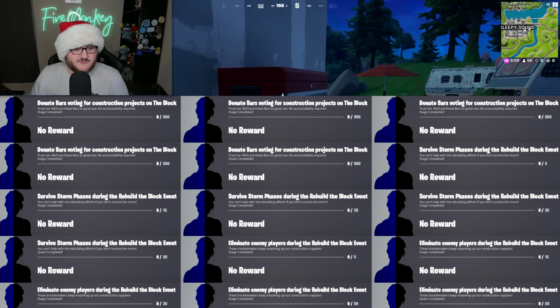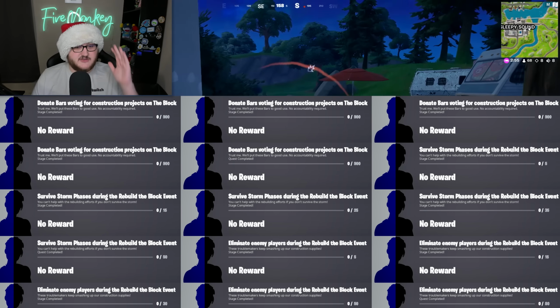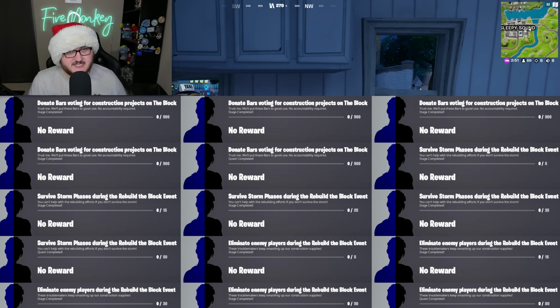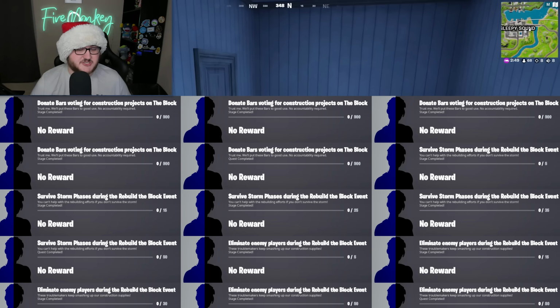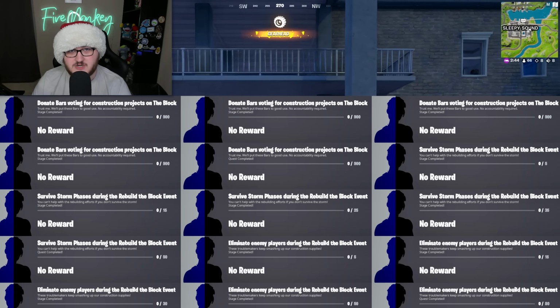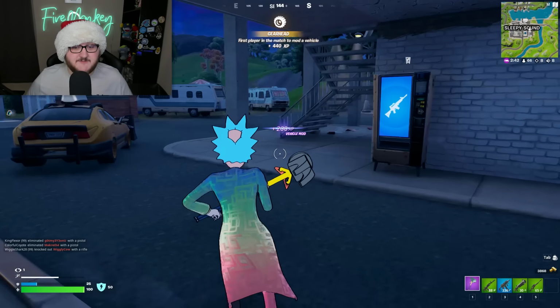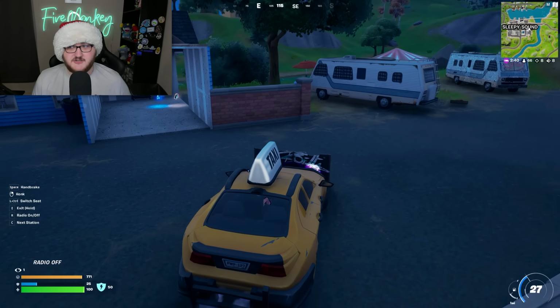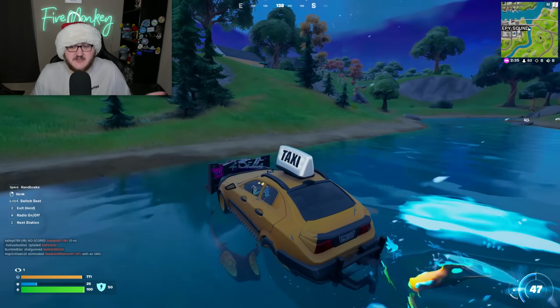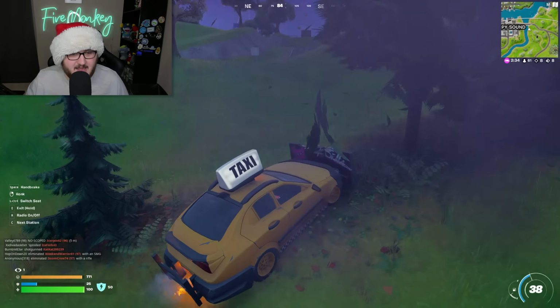You can see them all on screen right now, and they're all pretty much staged out one after the other. So you do this stage, then this stage, then this stage, and you end up getting XP for doing each stage. Now I do want to mention something right here. Each challenge you do as part of Rebuilding the Block will grant you 14,000 XP, which means by doing all of the Rebuilding the Block challenges, you'll be granted 210,000 XP